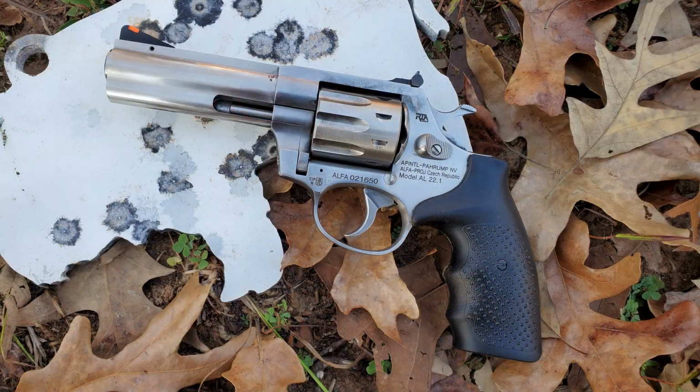And there you go, crew, a first look at the brand new AL22 9-shot revolver built in the Czech Republic